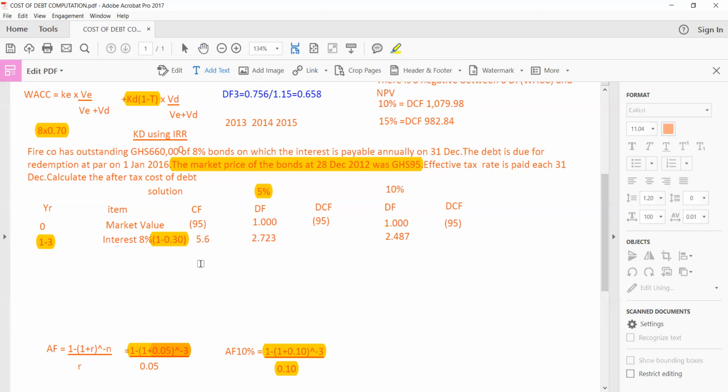So now I'll multiply the cash flow by the annuity factor. Under 5%, the cash flow was 5.6. I'll multiply that 5.6 here by 2.723. And what answer am I getting? Let me just use my calculator over here and see how best I'll get that. 5.6 times